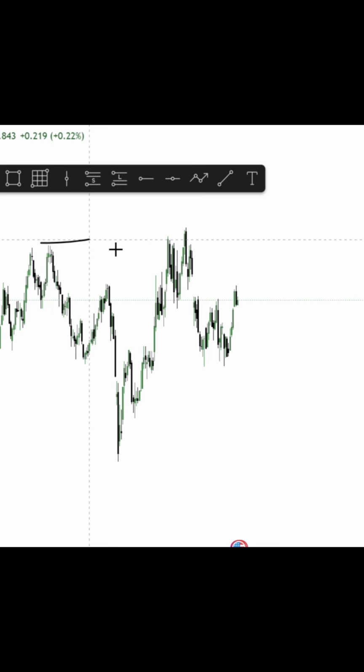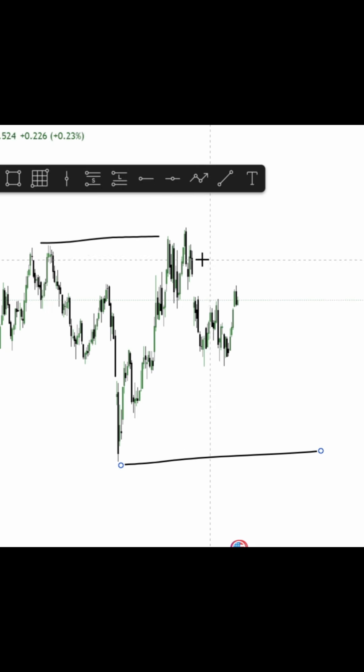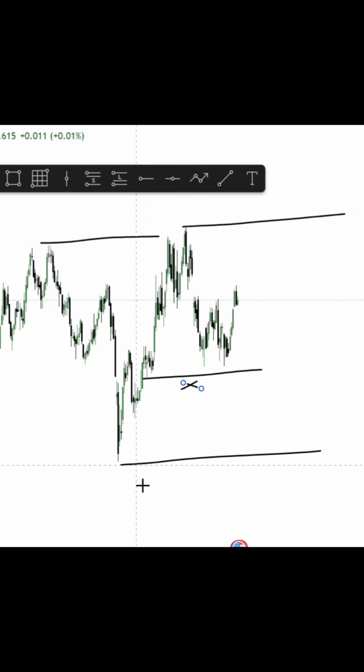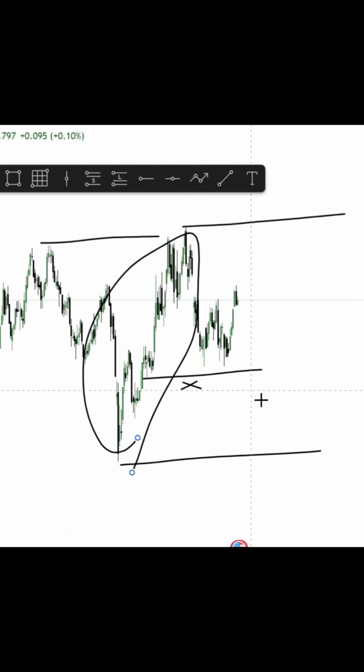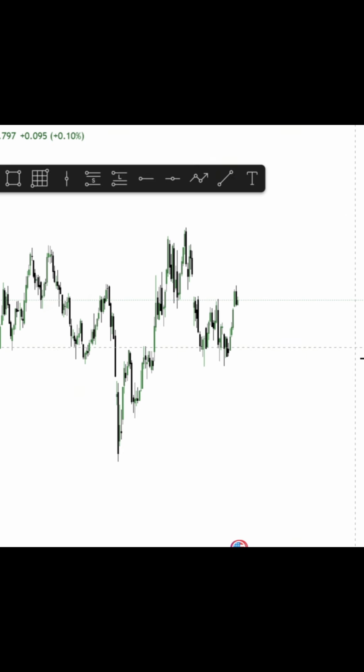Starting off with DXY on the daily time frame, that's our break of structure with our swing low and our swing high. We were still favouring this low within this overall impulse to get taken before seeing that further upside continuation. If we go down onto the 4-hour time frame,